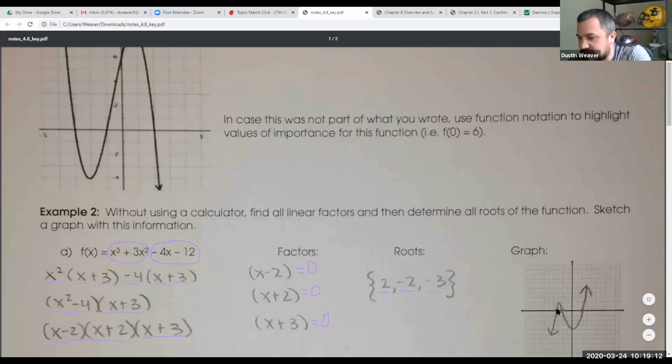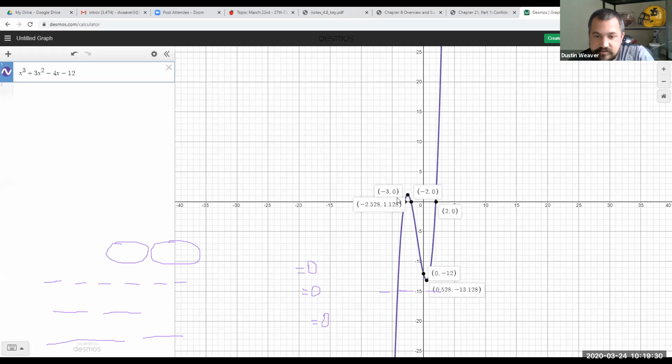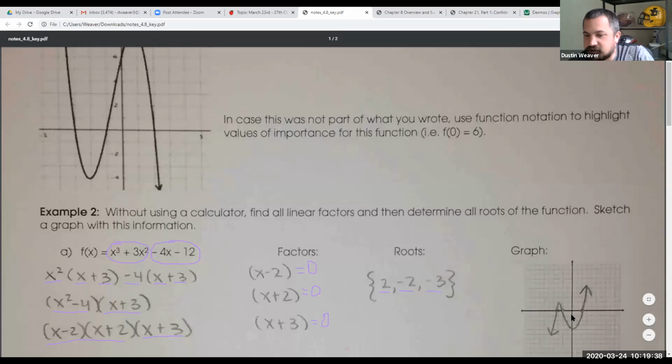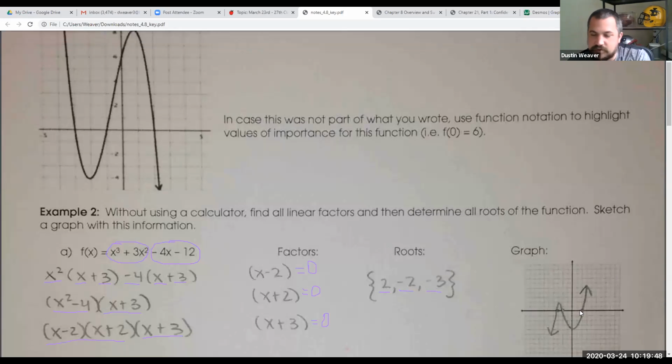And then when we go back to try to graph it, they're not asking you to be super specific here, if you notice. These don't hit at the exact points that Desmos gives us. But what they are showing us is that when we graph it, they want you to show the shape. The shape is going up, then back down, then up. It's a cubic. So you want to see the shape of it, and you also want to see where it crosses: negative 3, negative 2, and positive 2. I want you to mark that on your graph as well.